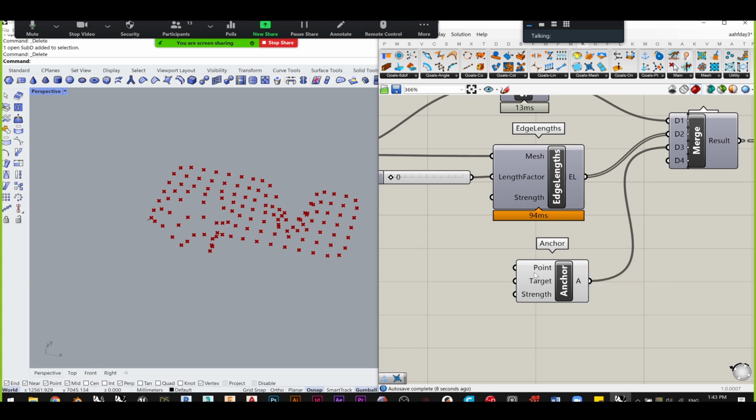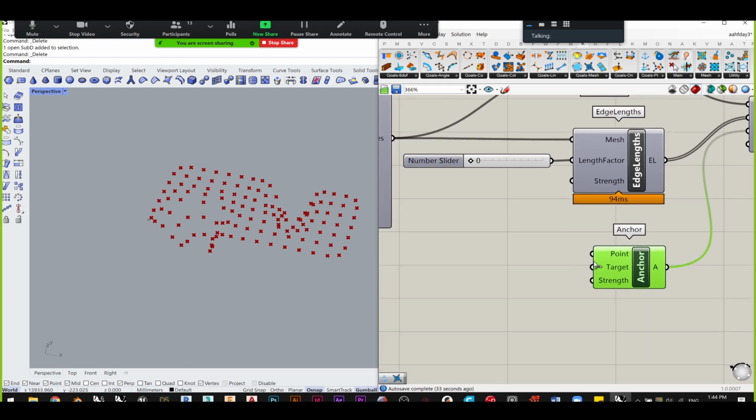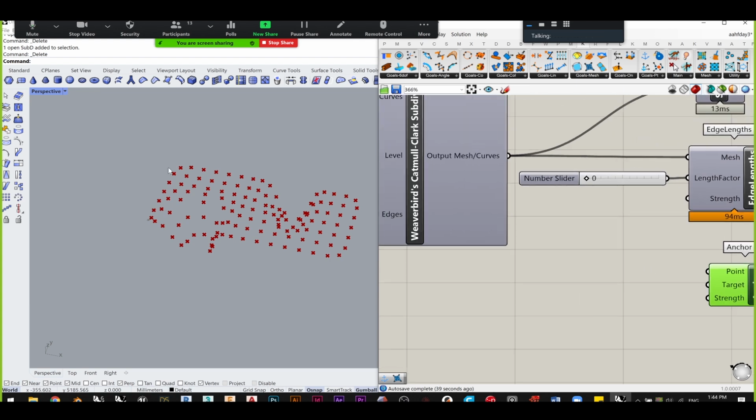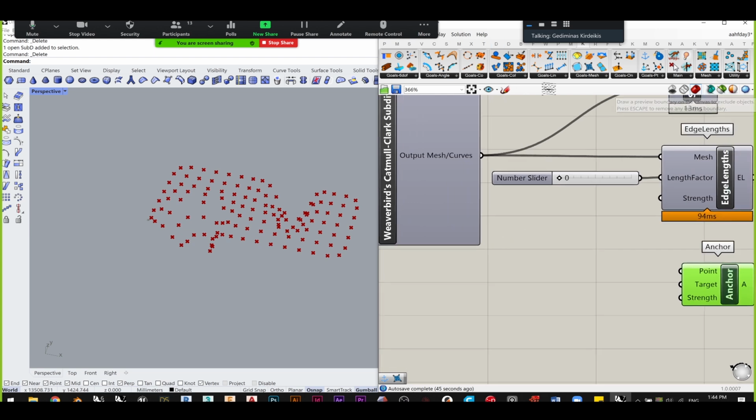It asks us for 3 inputs, and we care only about one of them. Target, we will not be changing. And strength is set to 10,000 compared to the strength of the edge lengths being set to 1, meaning that the anchors are much, much stronger than the edge lengths, which we want. We don't want those perimeter points to move at all. So the only thing that we need is the points that we want to anchor, the perimeter points. And thankfully, Kangaroo has this really neat little